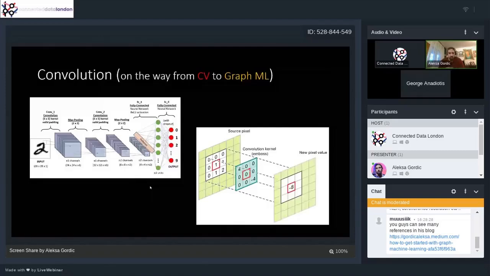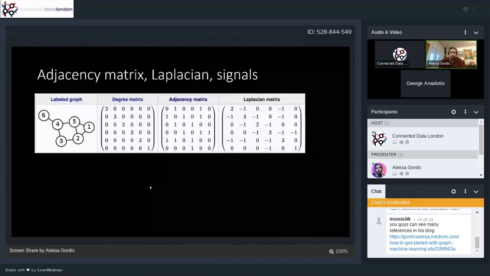So here you can see the degree matrix. Basically, you take one node, like maybe node 1. You can see it's connected to node 2 and node 5. If you take a look at the degree matrix, you can see that the first row has the number 2 there, because that's the degree of that node. Then we have adjacency. So if you take a look at node 6, it only has one edge, and hence in the last row, number 6, you have only one.